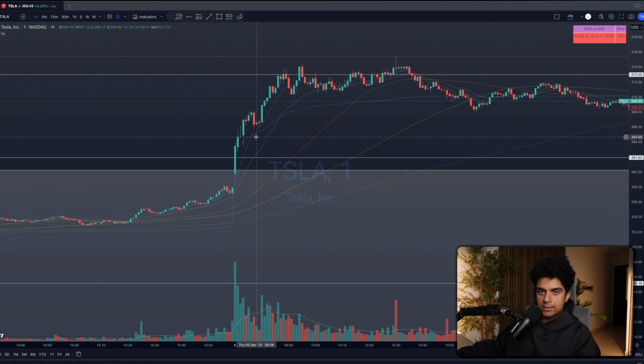I even mentioned that in the Discord group in the live chat, that I'm going to look to add to my position. I'm going to show you guys the Discord group a bit later. But yeah, I covered 50% of my position right here, maybe 10, 20 contracts. My last 20, 30 contracts, I held all the way to the break of